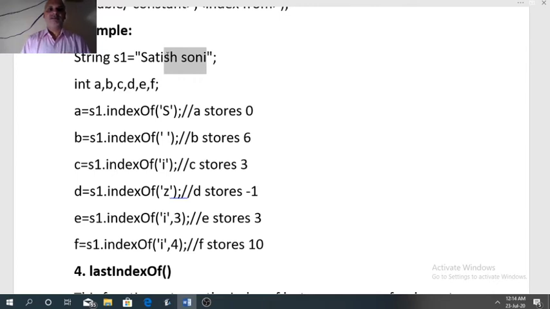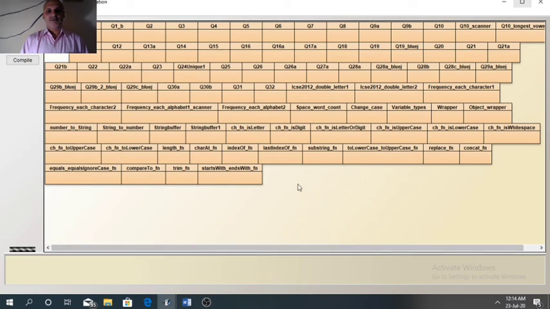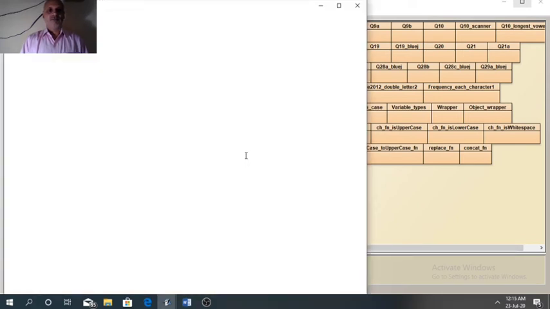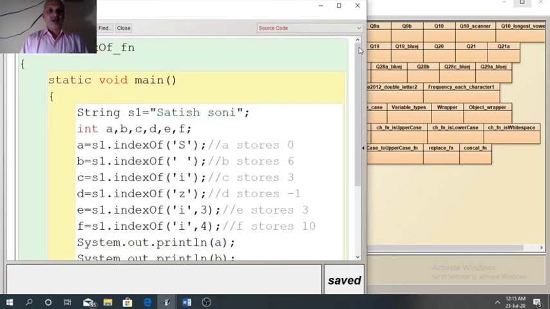It will find it here. So i is present at the end of the string, so the index of i is 10 here. That was the example of indexOf. Now see the program. Same example I have taken here. See the result.